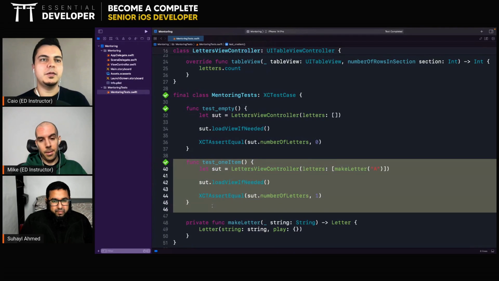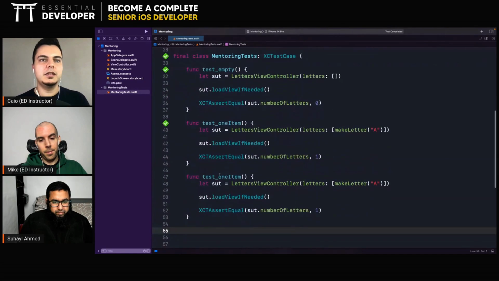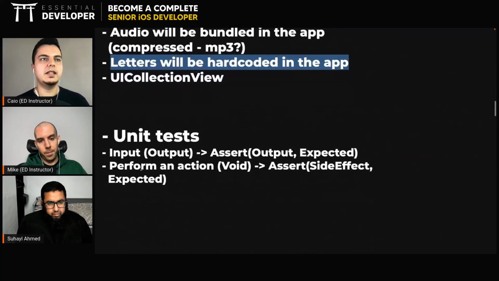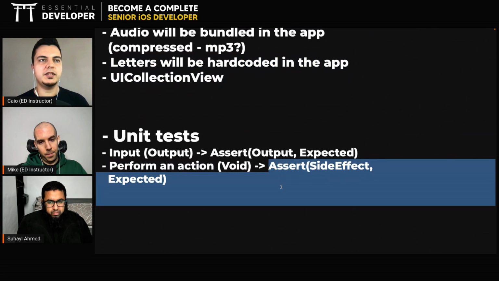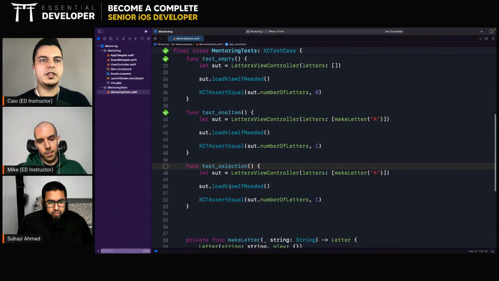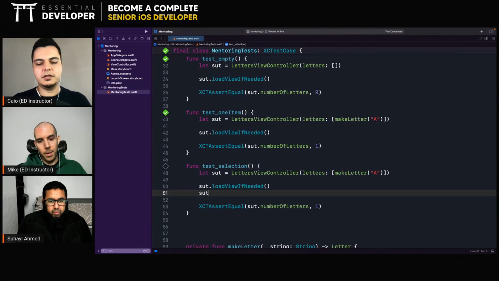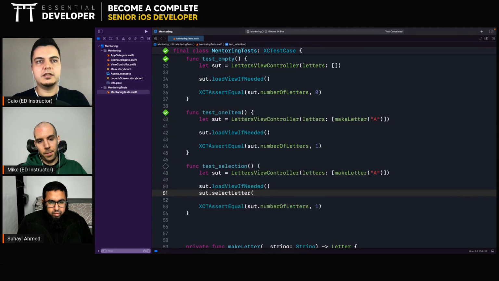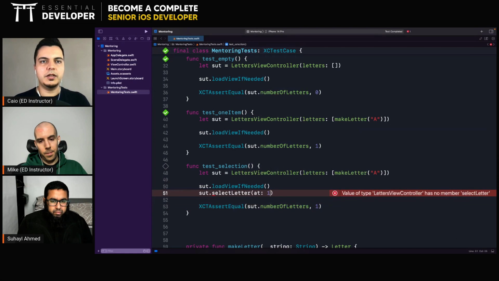You can test that when you select, for example, test selection. Remember, you have an action, you perform an action, and then you assert a side effect, right? And then you can check that you load the view, and then you select letter at index 1, for example, or index 0.